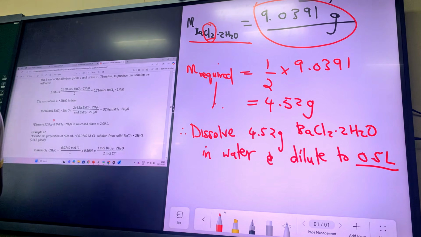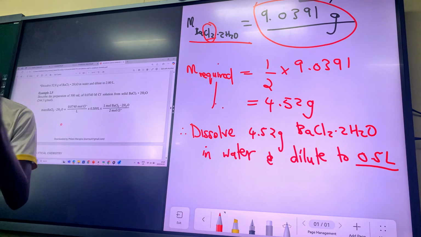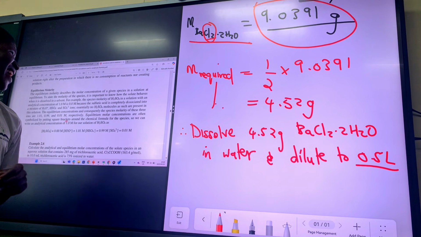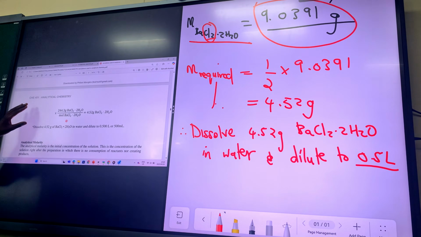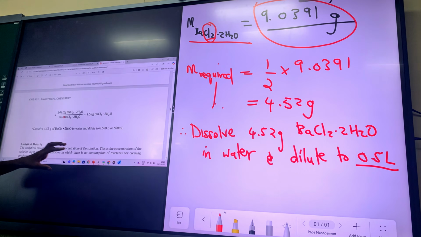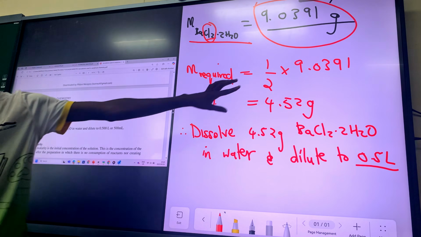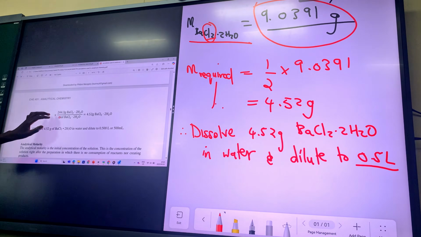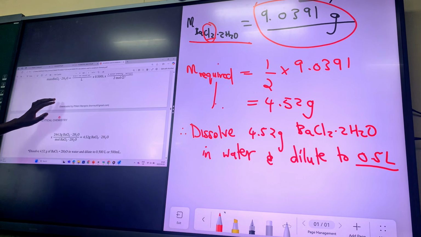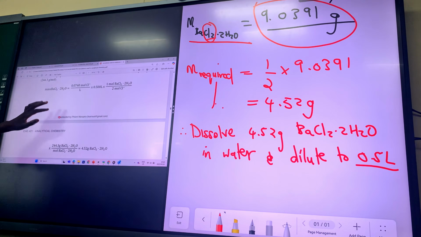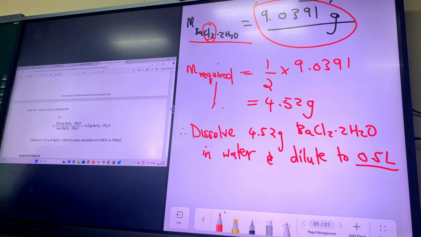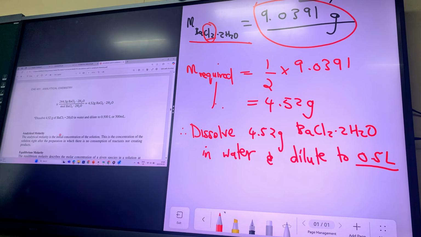Find the mass that you are required to use, and then the final thing you say is that you are dissolving that mass. The other methods that they are using here might be confusing to many people, but this one is the simplest I can give. This is the simplest way. Otherwise, if you want to take the other route, it's your own choice. That's more like good luck with that. So yeah, let's move on now.